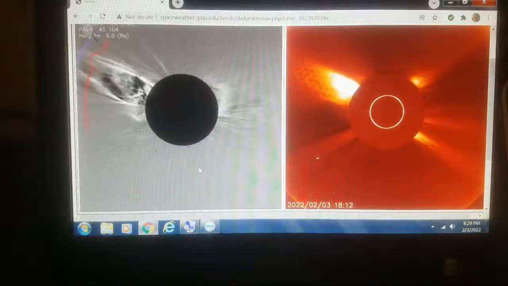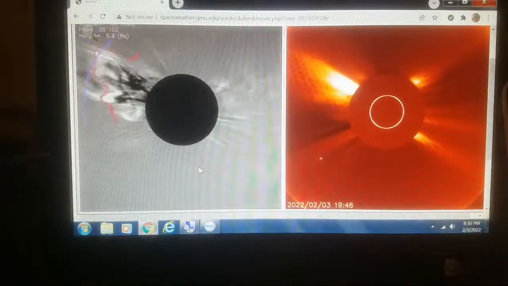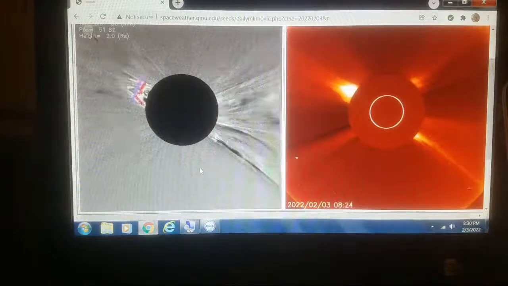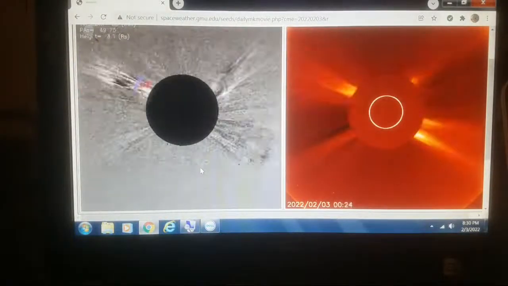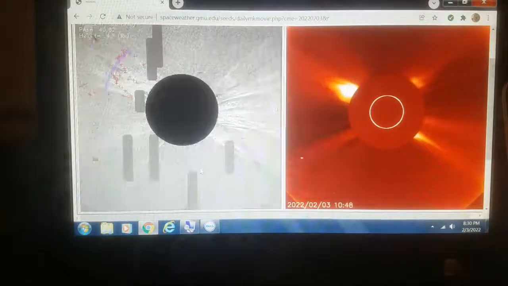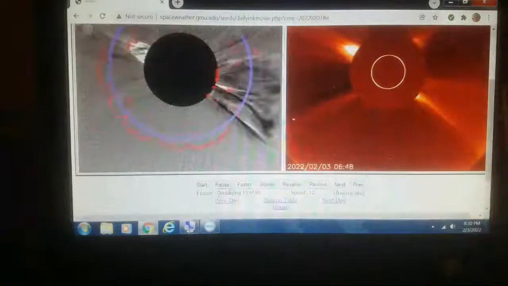Okay, so that was our main event here. At the very beginning, you can see a full halo response from this instrument, which tells me there was a little CME that's heading our way, but nothing too big. It was just a little blip, but let's pause it again right here at the very first